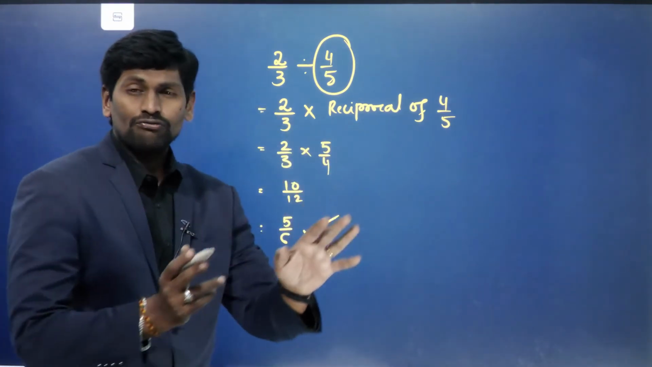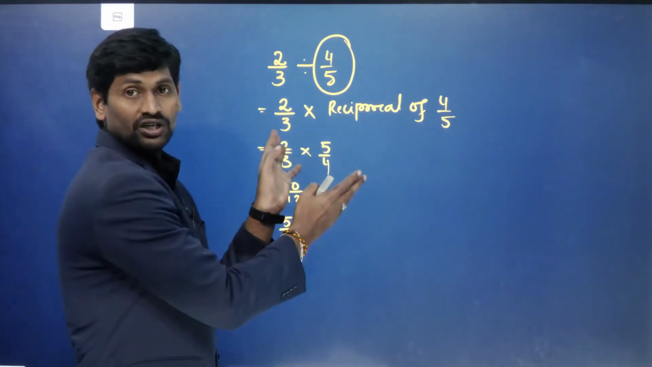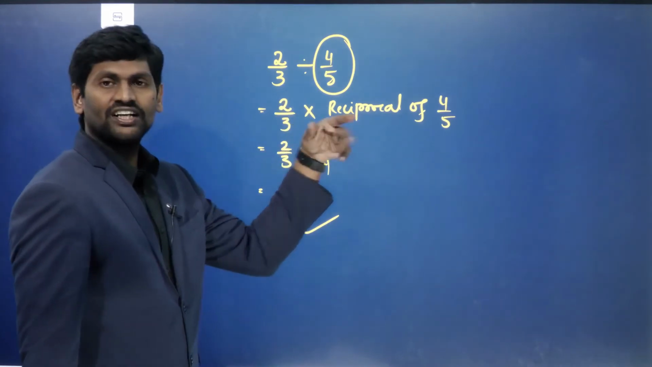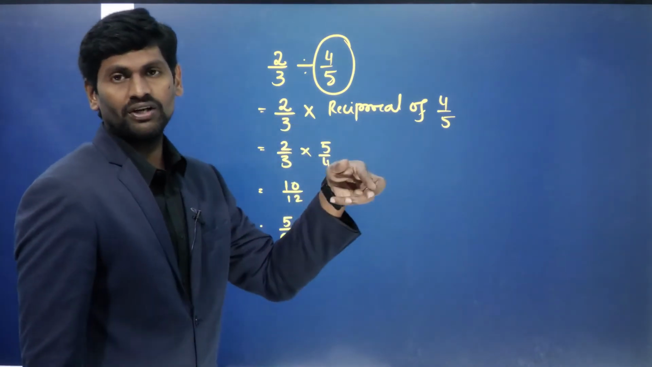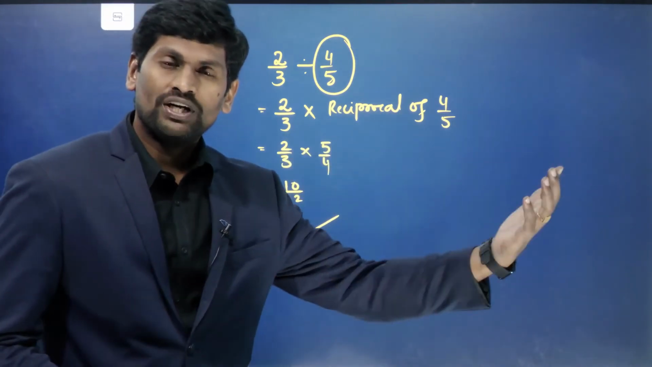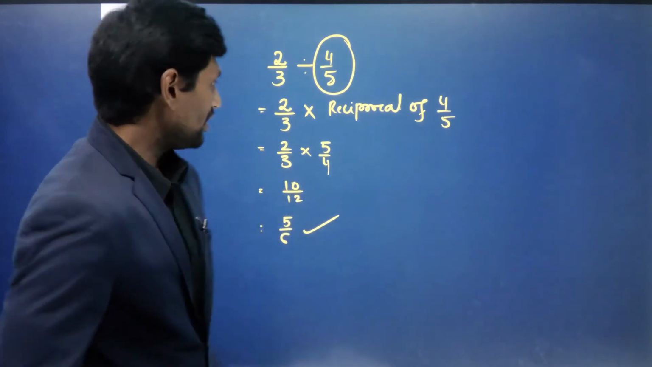Division is not a direct product of numerators by product of denominators; here we use the reciprocal concept. In place of division we convert into the multiplication symbol, then take the reciprocal. I have taken 4 by 5, whose reciprocal is 5 by 4. Then regular multiplication: product of numerators by product of denominators. Okay? So let us go to the